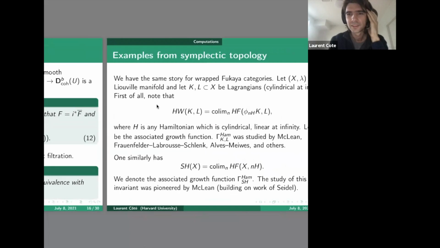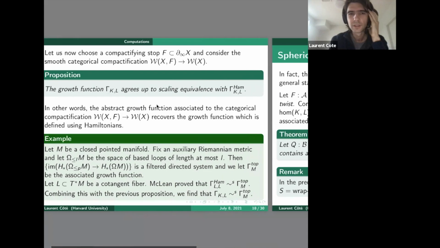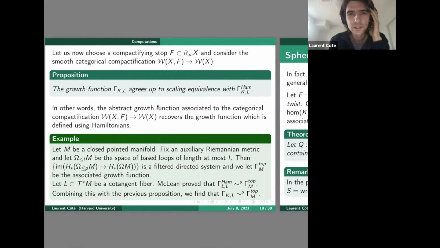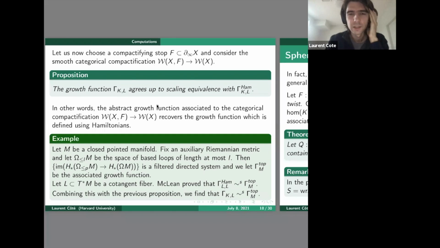Okay, so I was talking about these growth functions associated to wrapped Floer cohomology and to symplectic cohomology, which come from the fact that you can present these invariants as a colimit of ordinary Floer cohomology of a pair of Lagrangians, or ordinary Hamiltonian Floer cohomology of a manifold with respect to a cylindrical Hamiltonian. So I would like now to relate these